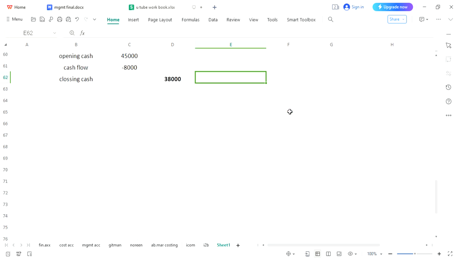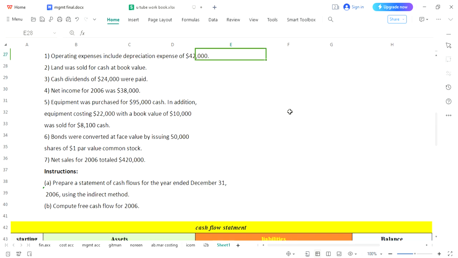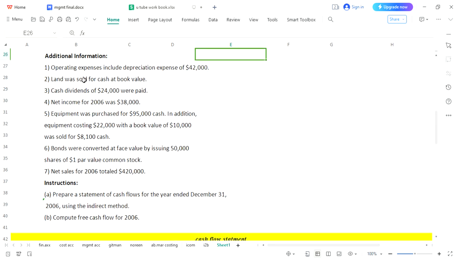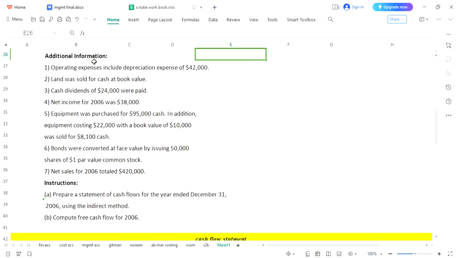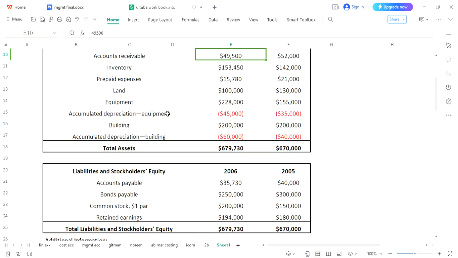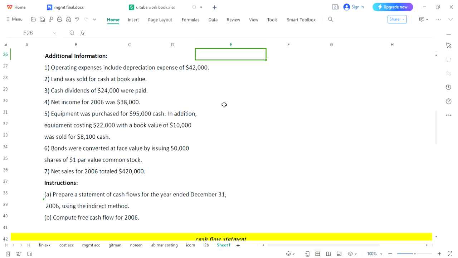Now we will see what changes are in fixed assets. First, you will have to wait on what we will do for land, equipment and building, common stock, bonds payable and retained earning, because first we will see what changes are present in your adjustments. Operating expenses include depreciation, so it's very important. Look at here, we have accumulated depreciation opening and closing. But what had happened, he had calculated all the depreciation and presented it in the adjustments.